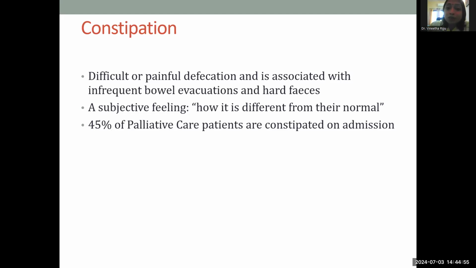Incomplete sense of evacuation, hard painful defecation. Yes. Deshain Ukyab says that. Yes. What else? What else could your patient be having as a symptom? Straining. Dr. Kurtz says straining. Urinary problems also it can cause. Yes, it's well seen especially in elderly bedridden patients.